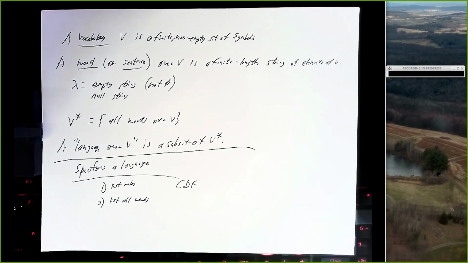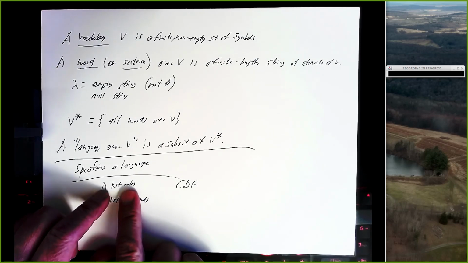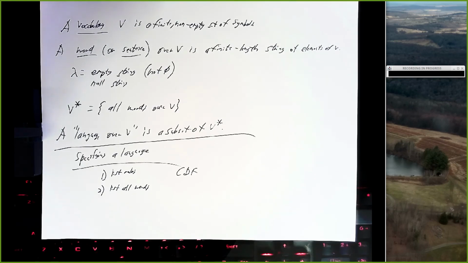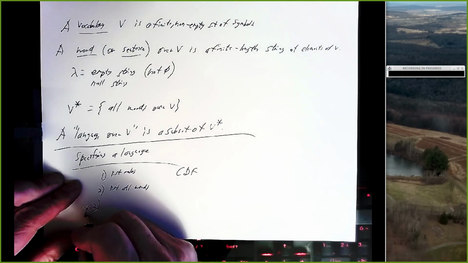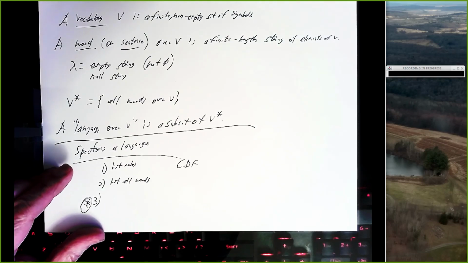You're playing Scrabble and someone comes up with a 12-character word and you want to know if it's a real word. You go to the dictionary and you look it up and it's alphabetized, right? So rules probably work better for something like a programming language. A list of all words works pretty well for kind of a human language. But neither of these is really great, right? So we're going to concentrate on a third option, and this is where we'll start off Monday,